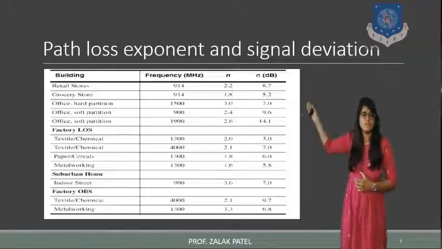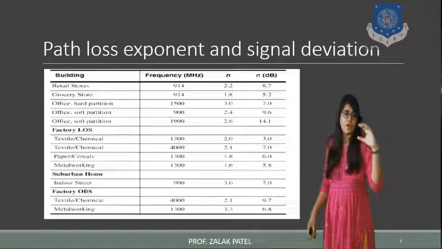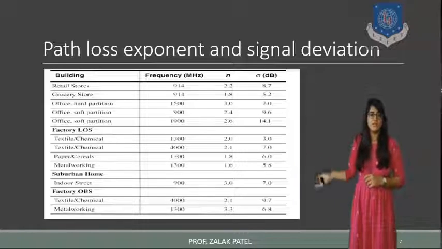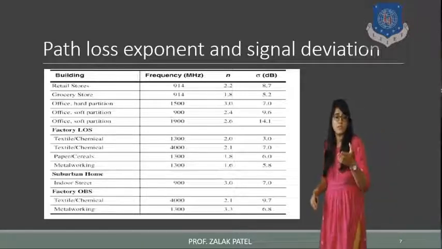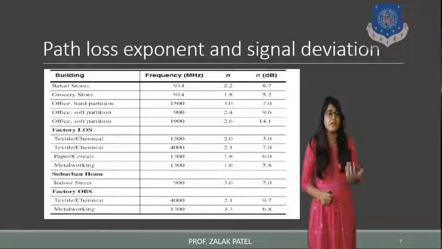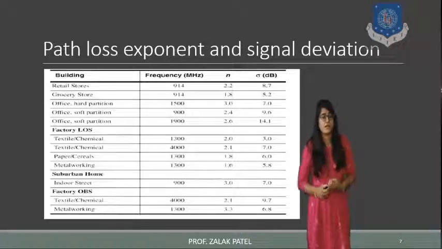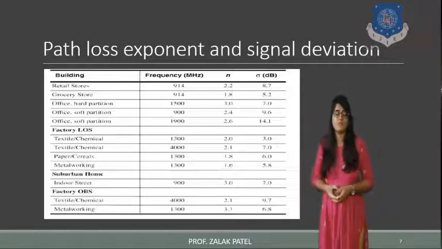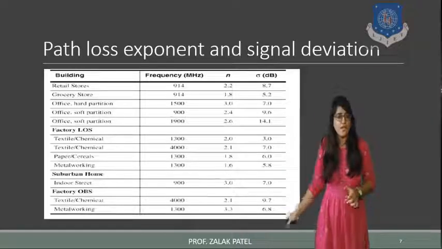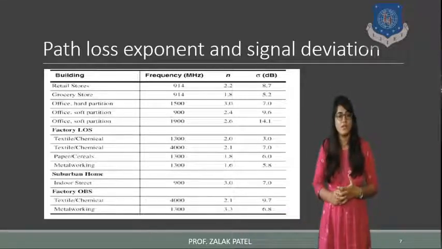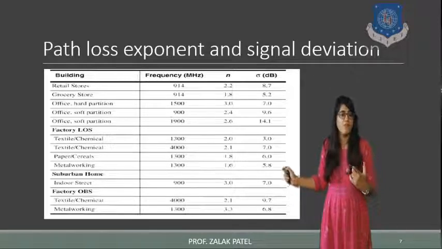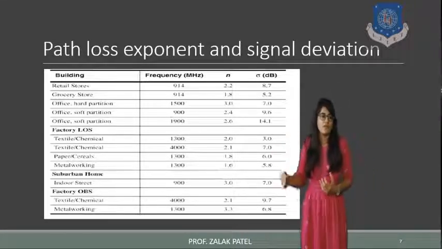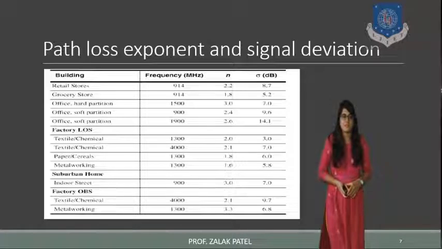So here you can see that for the building, the values will vary in the 1.5 to 2 range. If we talk about factory or alloy set, then it will be 1.6, 1.8, 2.0 or 2.1. Here the material that is used in that particular case will also matter, and according to it, you can see the change in the signal deviation, but you would not remember all the values. If it is asked in a problem statement, then the values will be given for the metal working, or maybe for the building type or the factory outlet. So all the values will be given for the signal deviation and path loss exponent.